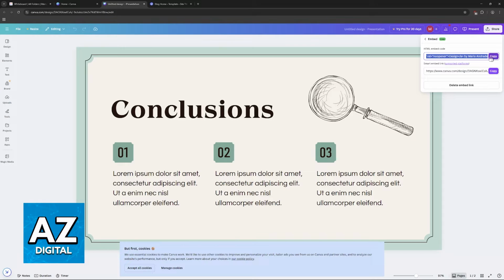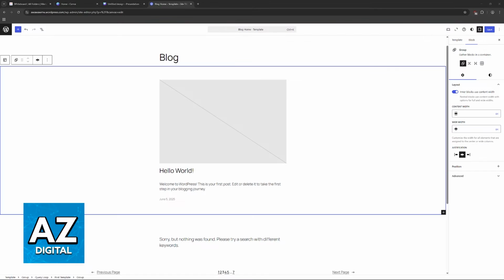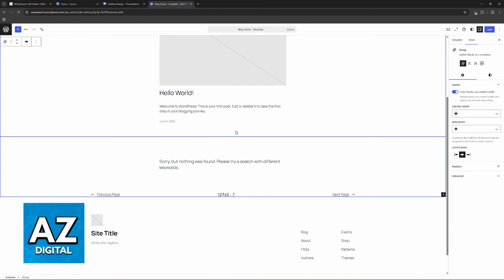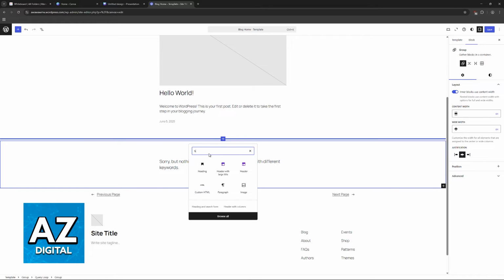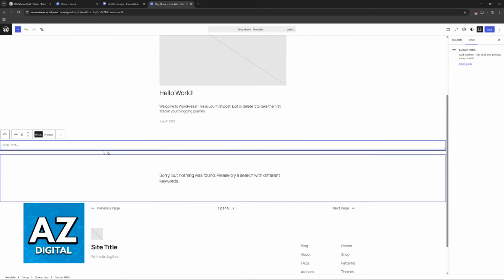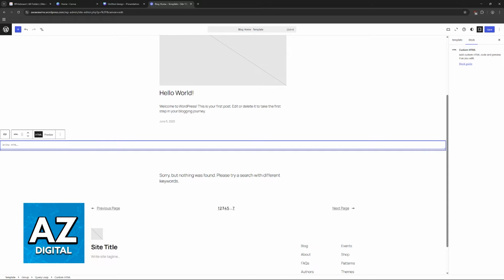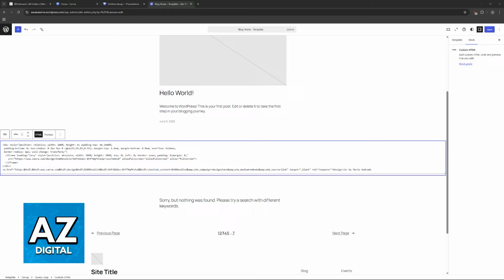Once you have this copied, go over to WordPress. Inside of WordPress, what you will be doing is choosing the option to add a new section. So click anywhere on your page where you would like the slides to appear. So I'm going to put it on the middle of the page and look for custom HTML. So add this element. With this element, you can resize it however you prefer, and all that you have to do here is paste whatever you copied from the Canva design. So the custom HTML will go over here.